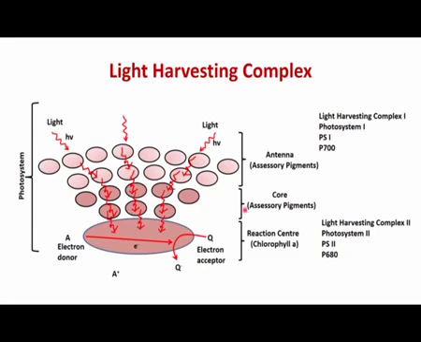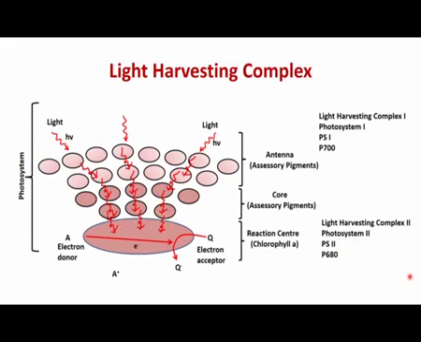So, the light harvesting complex 1 exists in two different forms. One is called LHC1 P680 and the other LHC1 P730, and these two are collectively known as photosystem 1. So, photosystem 1, the reaction center,